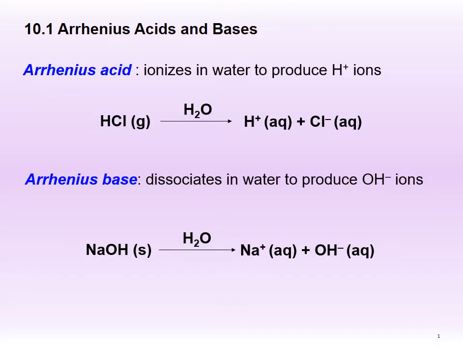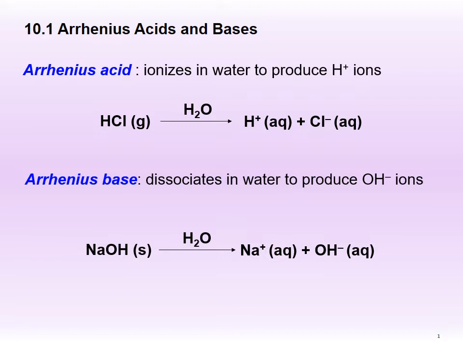Apart from differentiating strong acids and bases from weak ones, there are other definitions of acids and bases. Let's look at each of these in turn. An Arrhenius acid is one that ionizes in water to produce H+ ions. To ionize means to form ions. For example, the unionized covalently bonded hydrogen chloride gas ionizes in water to give H+ and Cl- in